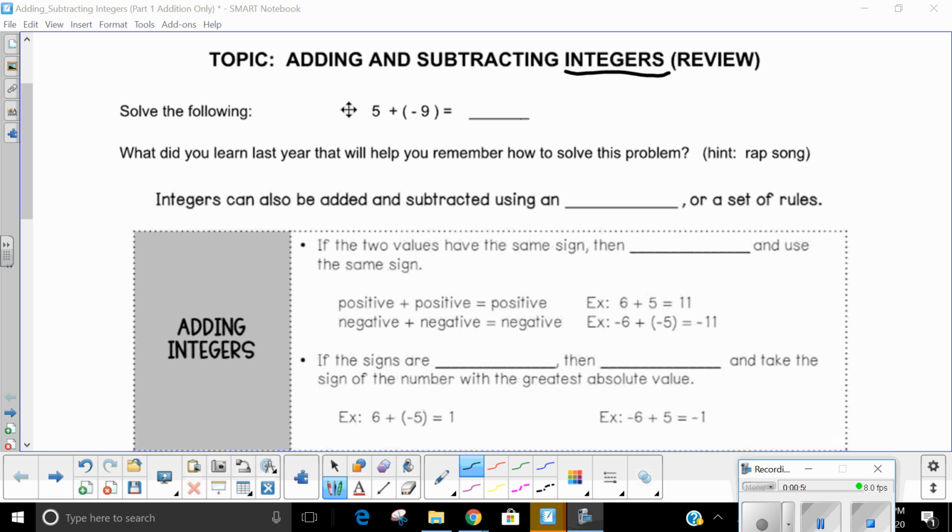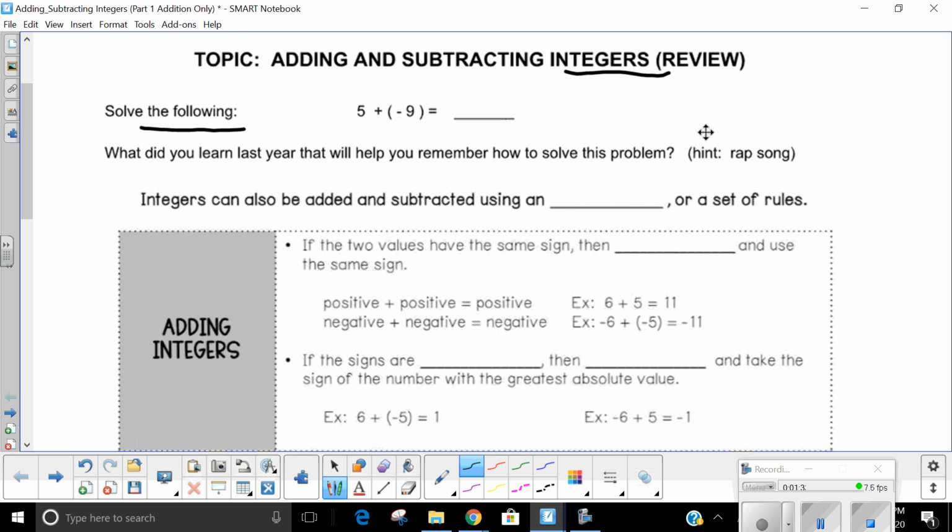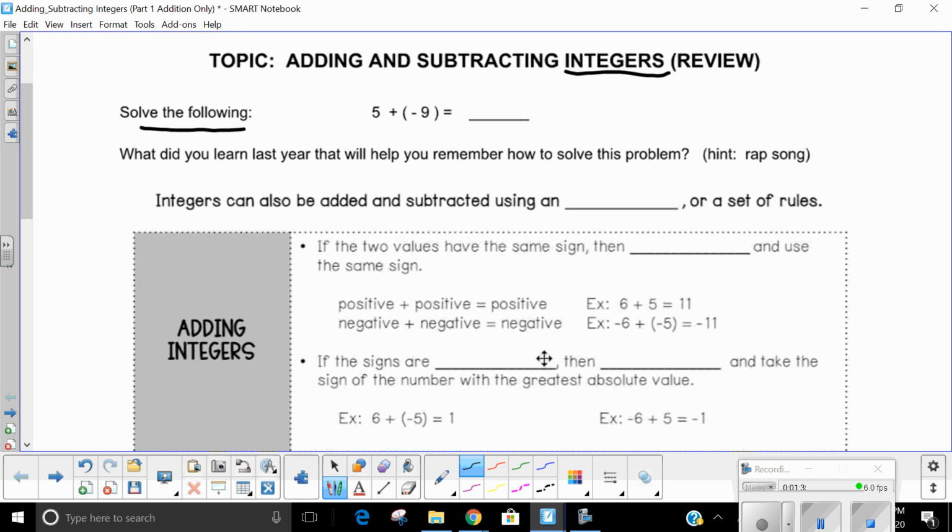All right, so for example, we're going to look at this problem. It says solve the following. So we have 5 plus negative 9. So what does that equal? Well, we're probably not sure at this point. So we need to look at this statement right here. What do you remember that you learned last year? What can help you solve this problem? Do you remember the rules or do you remember the hint? So the hint is right here where it says